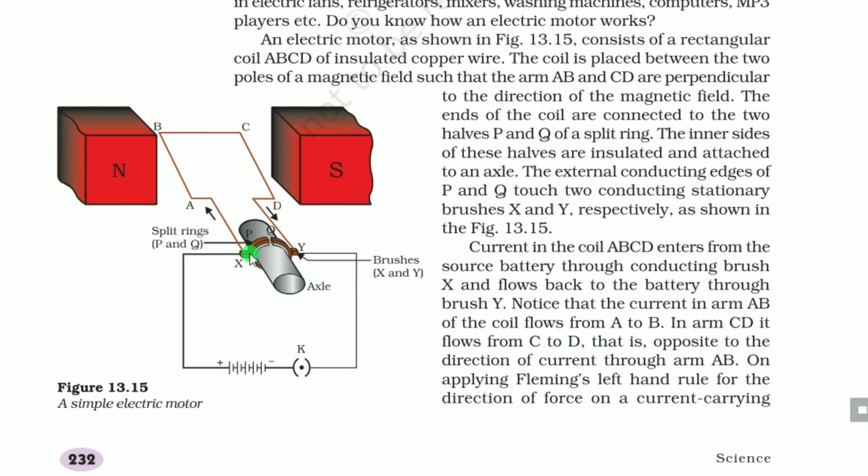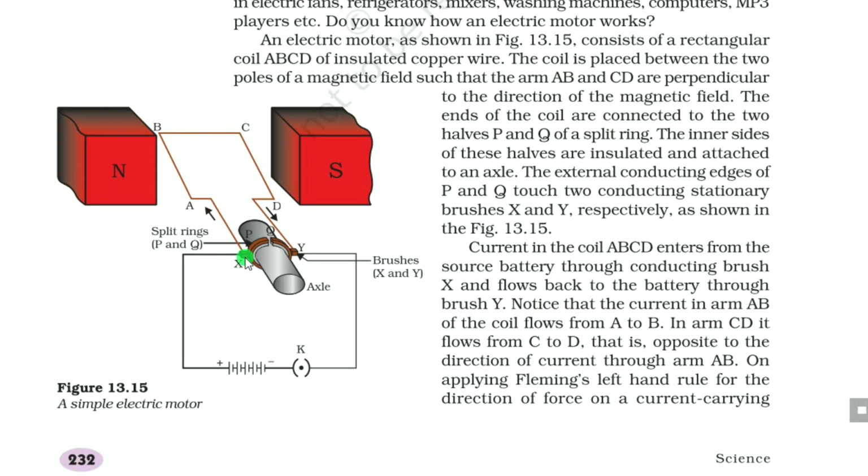Okay. Which one was previously pushed up? Now it will be pushed down. And which was pushed down? Now it will be pushed up. So all the things will be reversed. And one thing you can understand, very interesting of course: suppose this is the P brush, this is the Q brush. After some time, what will happen? The P will move in this direction and touch Y, and Q will touch X.